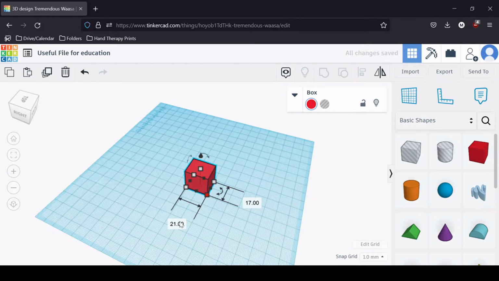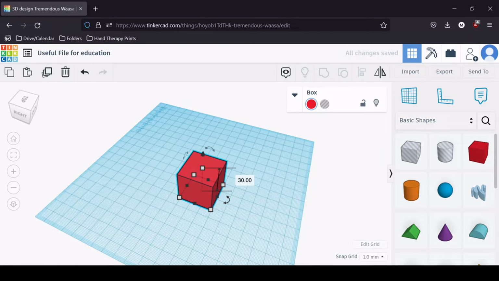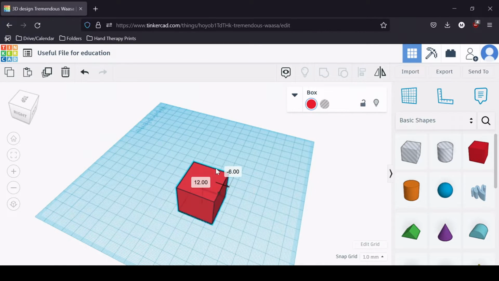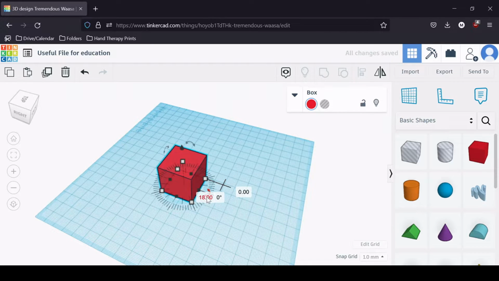Let's say I wanted to have a 30 by 30 cube. I could type in the numbers 30 and 30, go up to the top button that adjusts the height, and have that be 30 as well. Now, by clicking on an area of the cube that does not have one of those boxes, I can simply move it around the plane, which is very helpful if you're using multiple objects,